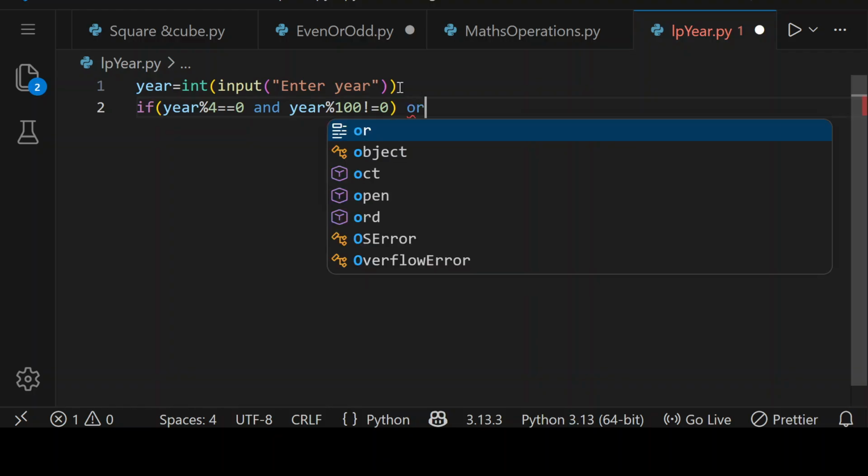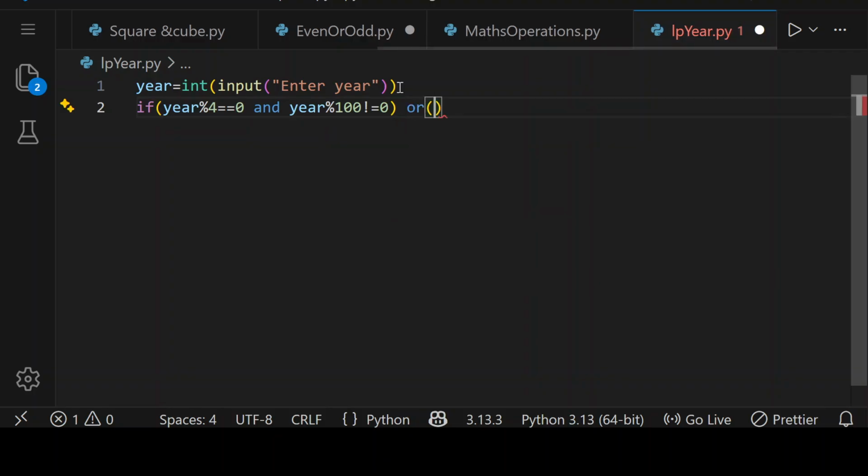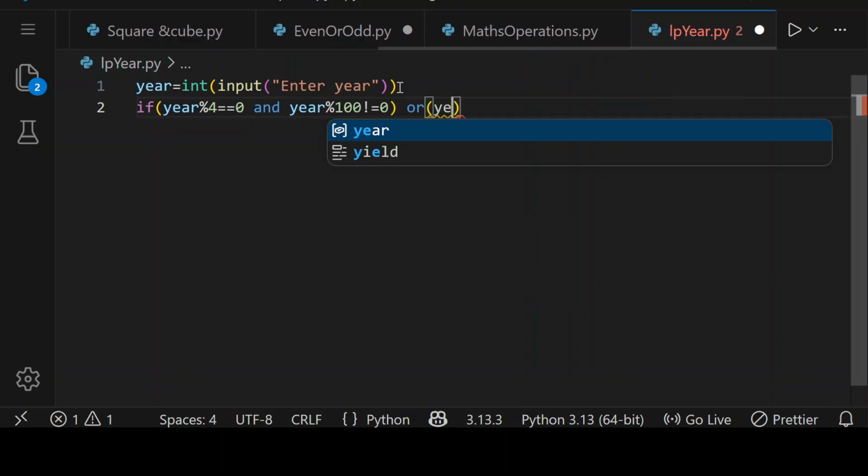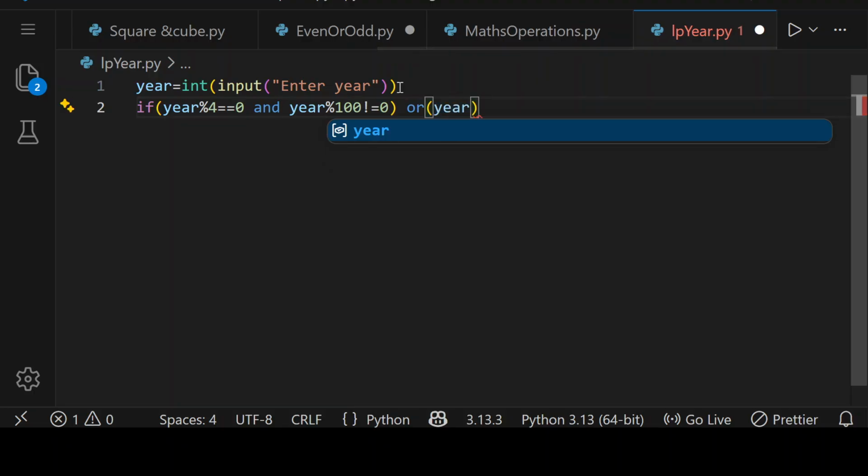In OR section, we are giving one more condition. If we divide year with 400 and if the remainder is 0, then the given year is leap year. That means when we are putting OR here in between, either this condition should be right or this condition should be right. And if any one condition among these two conditions is right, then the year is leap year. Then we have to print